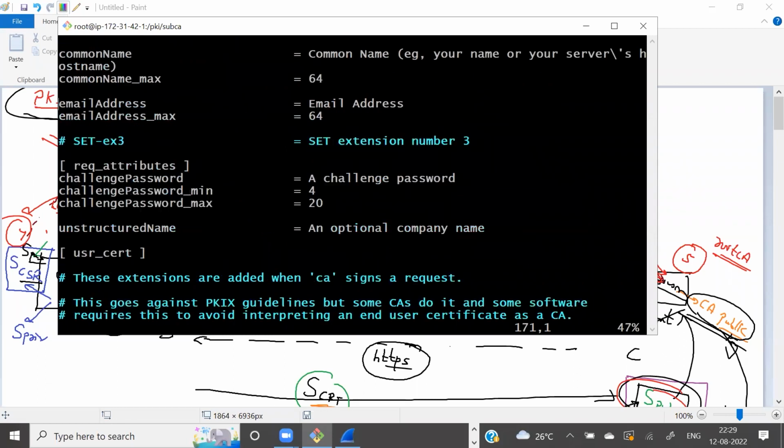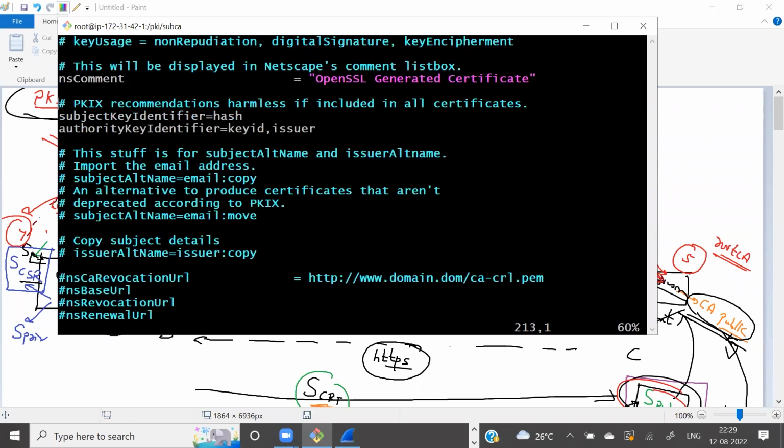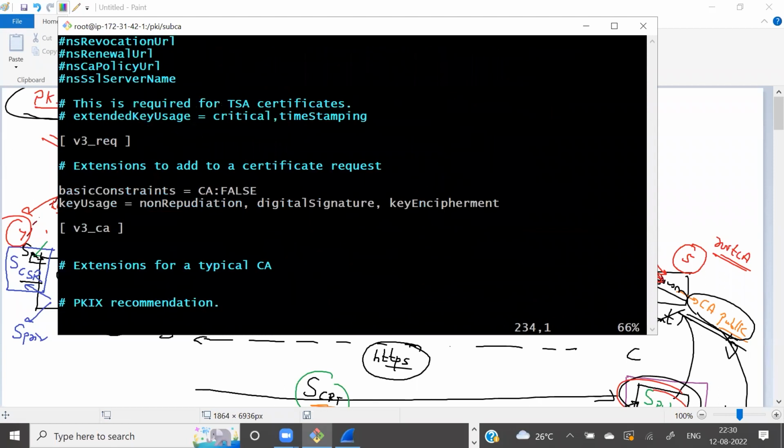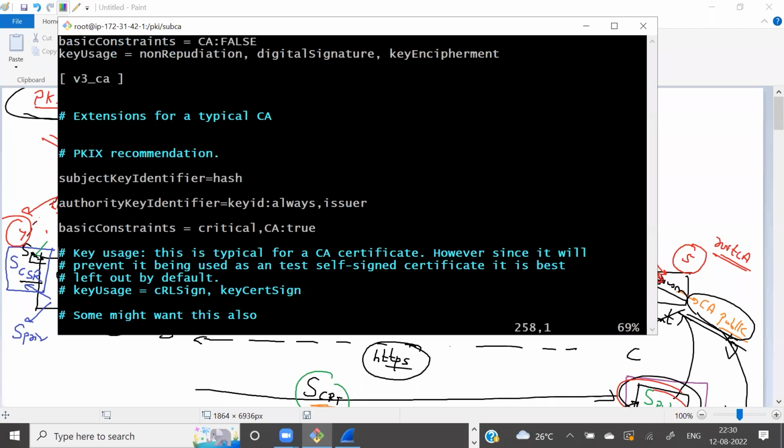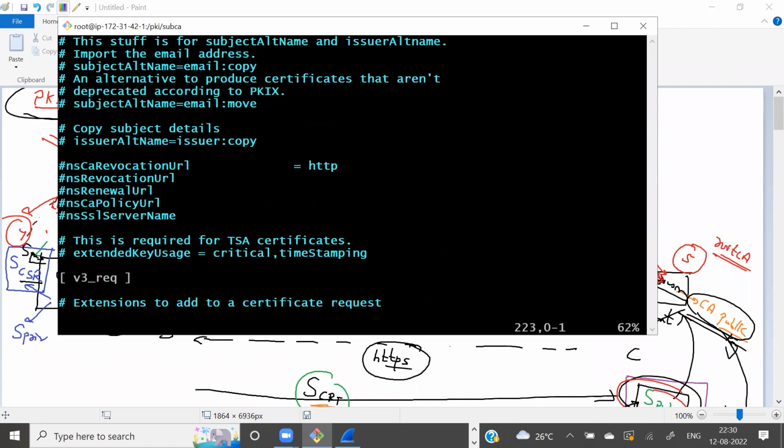Okay. One extension is this one, that we mostly use in root CAs. One extension I created myself, that is for the intermediate CA. And one extension we have here for our server certificates. You can customize that, but by default we already have it. That is called this one,